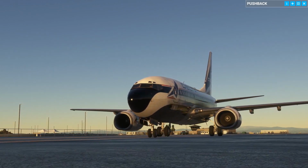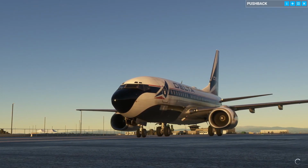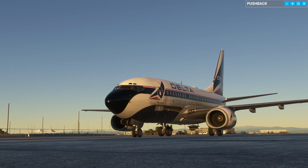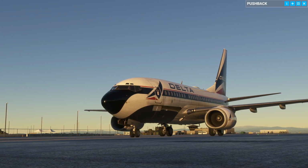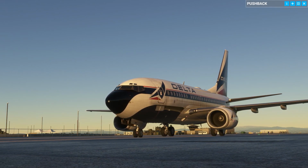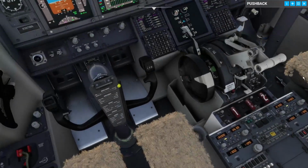And it looks like it just glitched out. That's what it did on the last flight where I had technical issues. But I guess what can you do, right? Alright, so it looks like we have a good pushback,